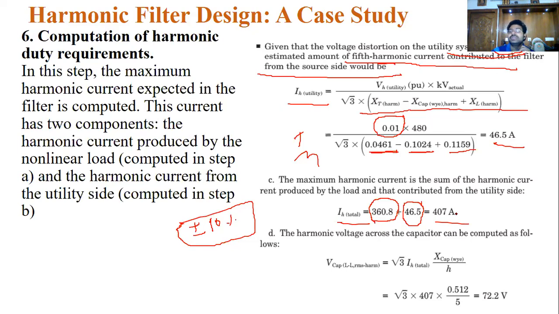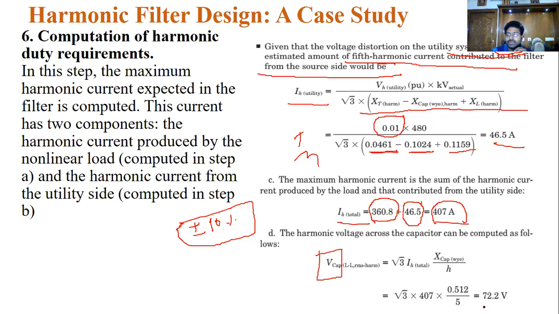So how much deviation can be given in the problem? Suppose they give 1.5% or 0.2% in the problem. According to that value, you can calculate the current value. So in this case, the total harmonic current is 4 nits on average, not the 360. For that current, you want to calculate the capacitor voltage value.